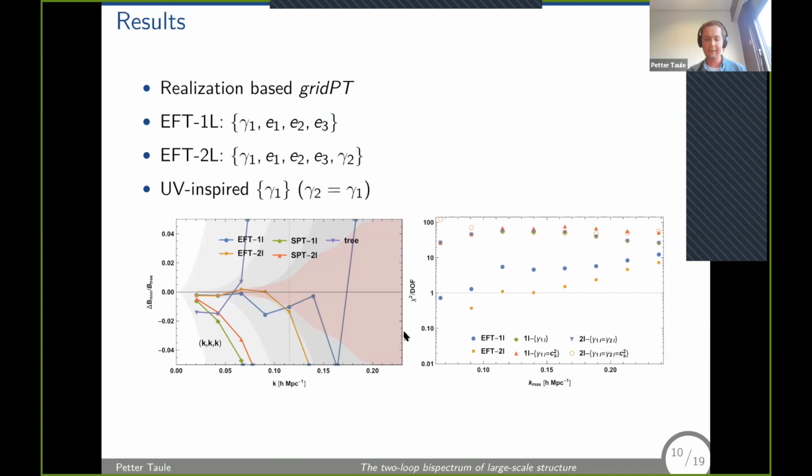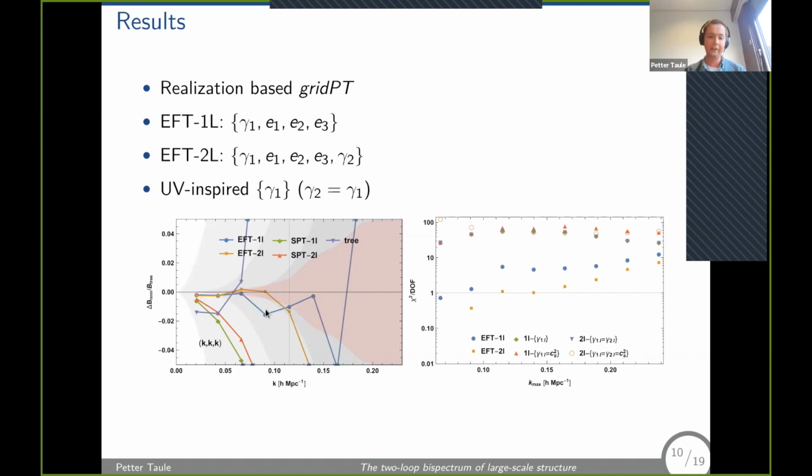And on the bottom left here, this is the equilateral shape, plotting the difference between the theory and the N-body results, and dividing by the tree-level bispectrum. And here, this red shaded area is the uncertainty from the N-body, and then the various gray shadings are the theoretical expected uncertainty at the linear, one-loop and two-loop level. And we can see the green and the red lines here are the SPT results, which quite quickly differ a lot from the N-body results, while in the EFT the agreement can be extended quite a bit further, and for the one-loop it starts to deviate maybe at